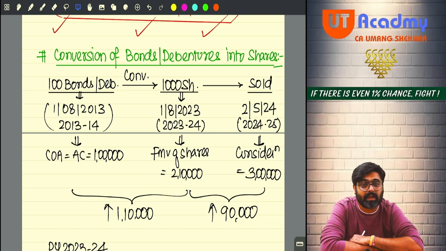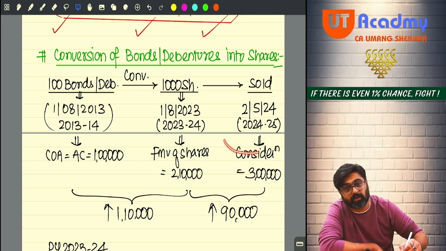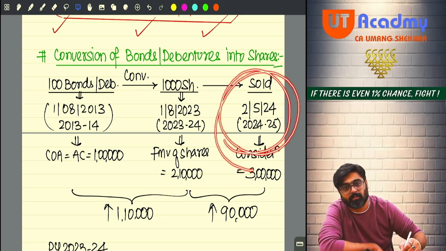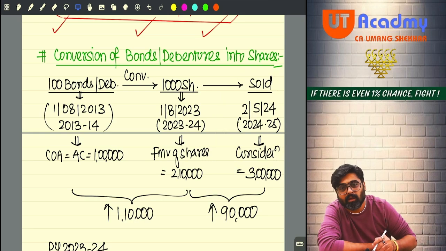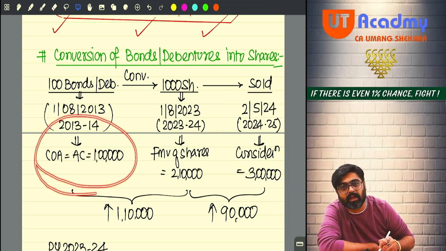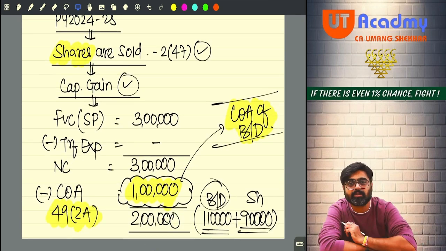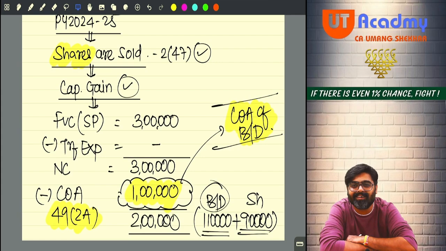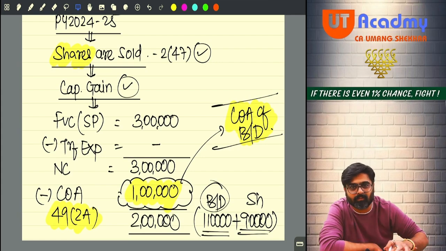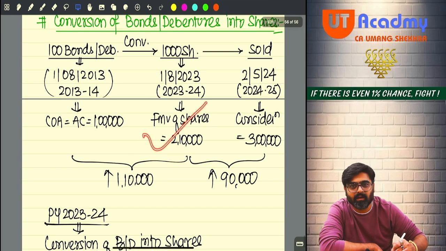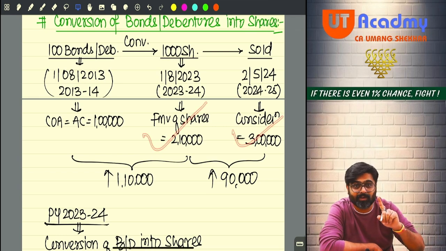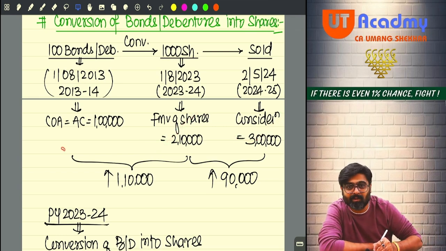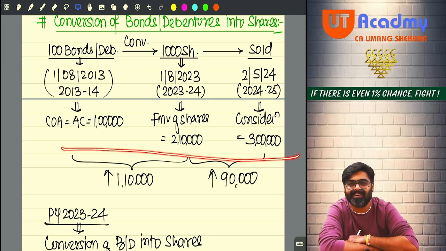Then the capital asset is short term or long term? It is long term. And if it is long term and the transfer of shares has taken place prior to 23rd July, then the cost of acquisition which you are taking as per 49(1) needs to be indexed also. And indexation you will get from here to here? No. Indexation should also be from here to here.